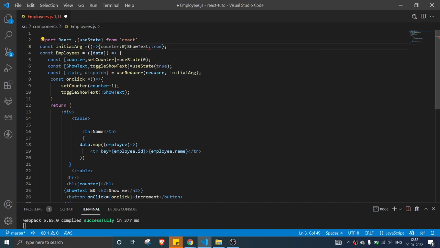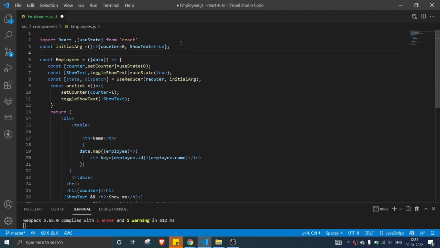Okay, cool. Now next we'll go on to create the reducer.